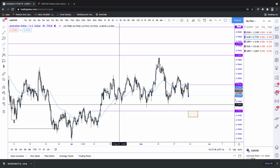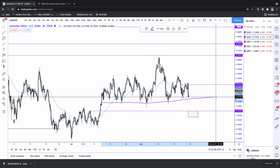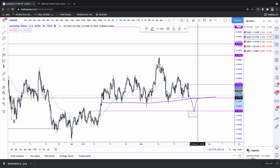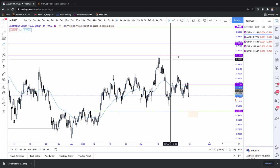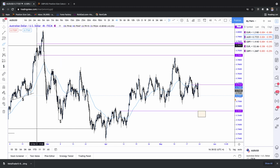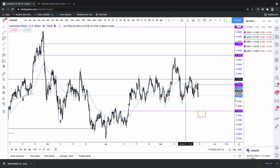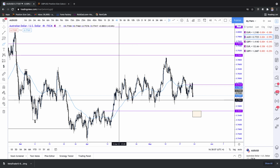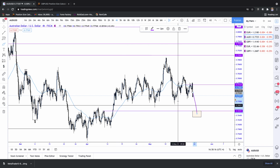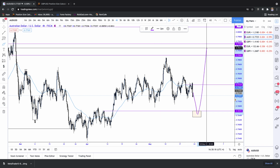Okay, and so most retail traders are going to be looking to sell this thing upon the break and the retest of the neckline. Okay, smart money, we know we never really met our higher time frame objectives at 7,900, 7,950. Ultimately, I think 7,950 will be the target. Okay, and so what I want to see is a massive fake out of our head and shoulders. Okay, trigger the sell stops, take all the liquidity resting beneath these lows, and then get the move up into